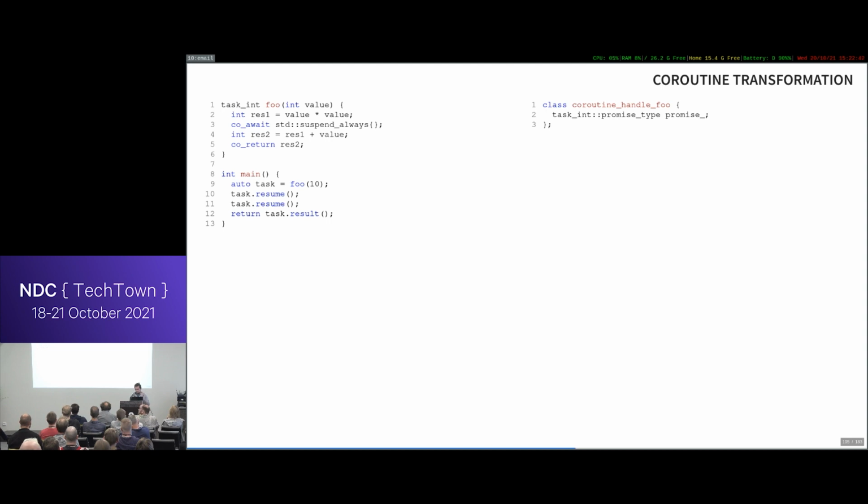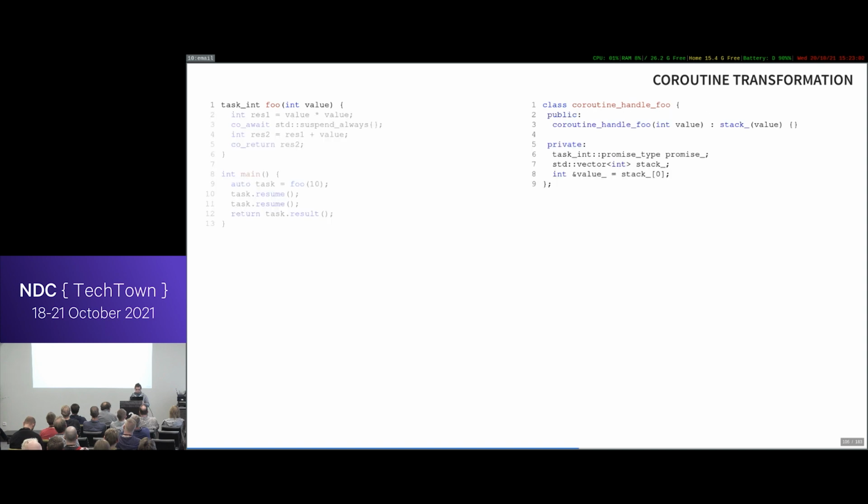I will start with these simple lines. Wherever the compiler sees the coroutine, it actually generates a class for you. You're not able to get it, but it's there. It uses the std coroutine traits to take the promise type from your Task and put it inside as a promise. Then it will analyze your function declaration and generate the same constructor for the coroutine handle. It will accept the same arguments which you pass to the function,